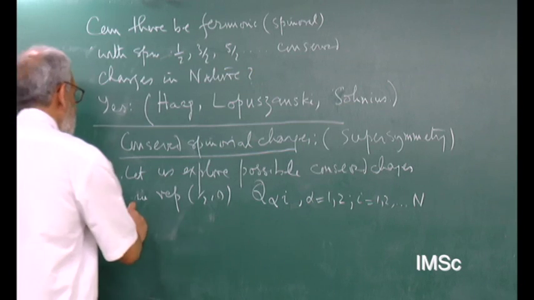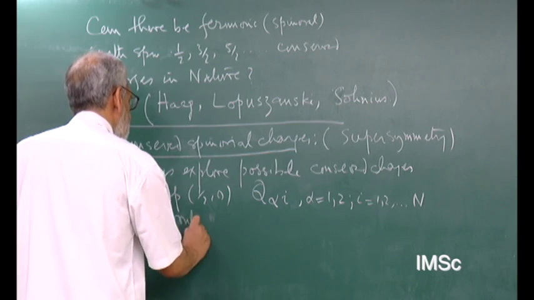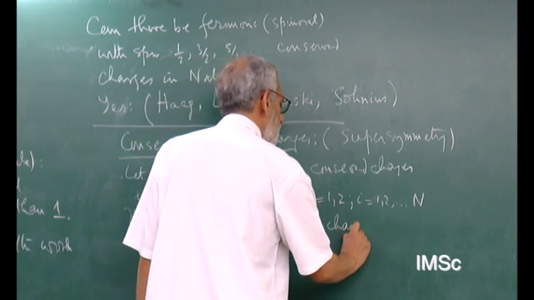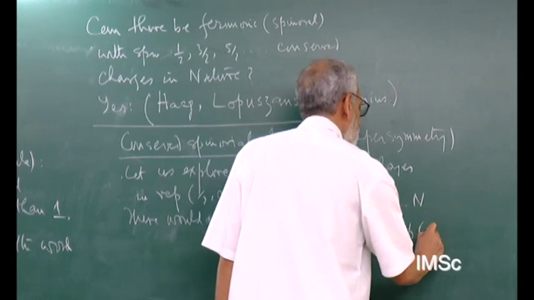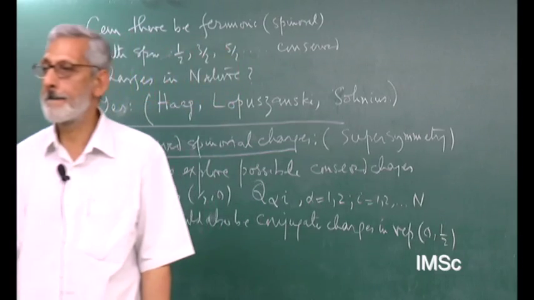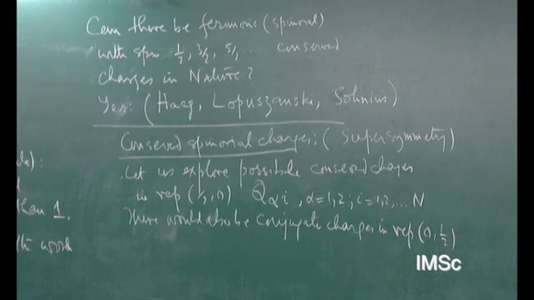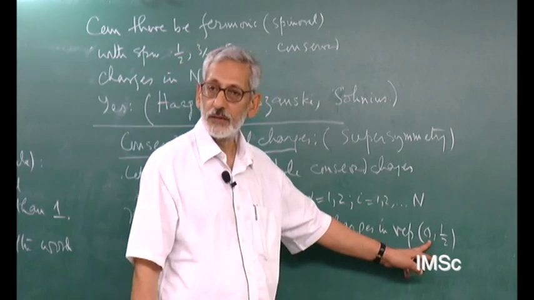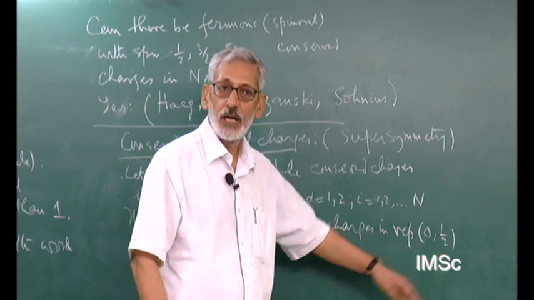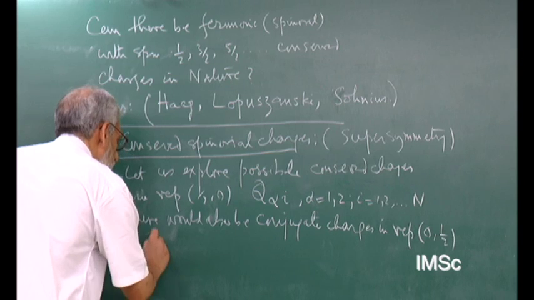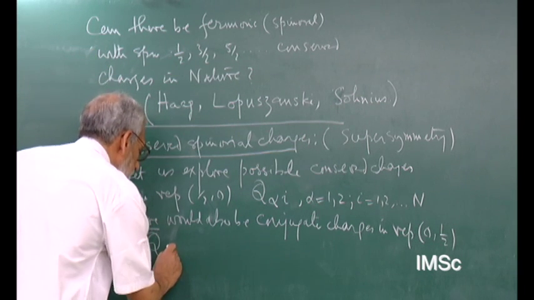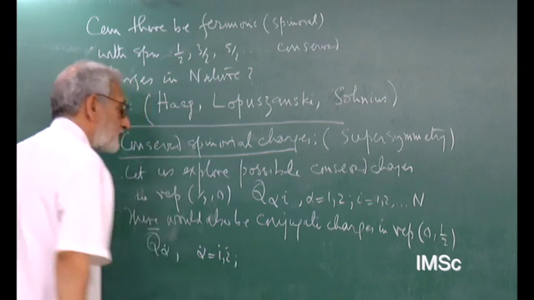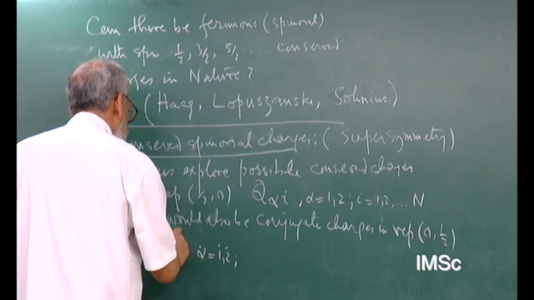And if that be so, then there would also be conjugate charges in representation (0, 1/2). Singlet under the first SU(2) of the Lorentz algebra, doublet under the second SU(2). And these objects we had decided in a notation, we'll call them Q bars and label the spinorial indices with dotted indices, 1 dot and 2 dot. And since these are N in number,